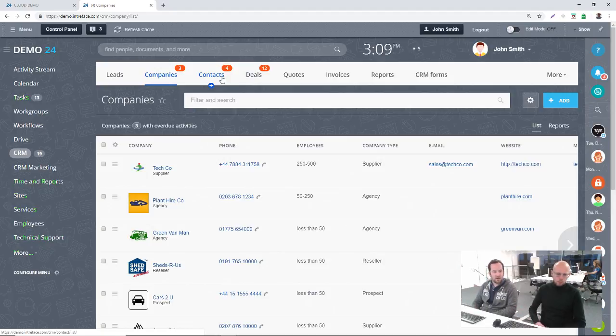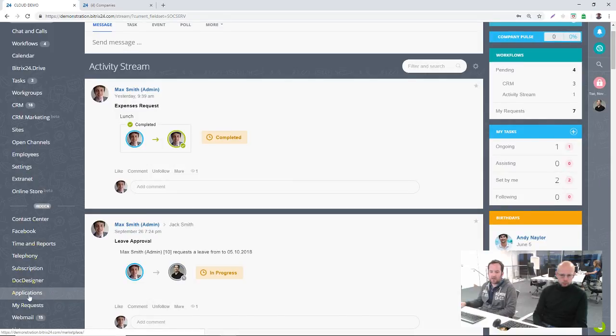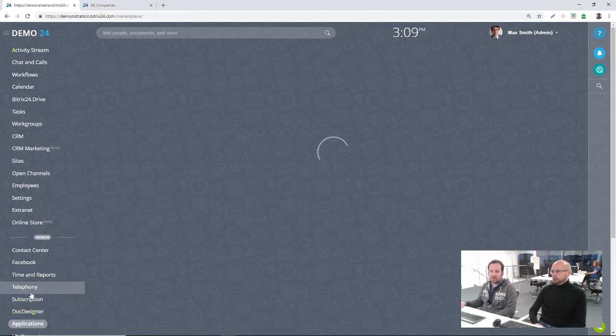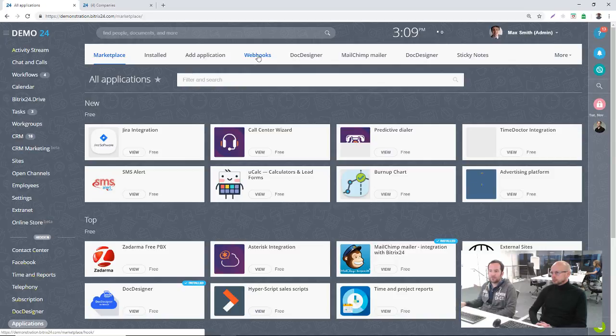So I had another question that came in with regards to webhooks and how you can import or add elements in the CRM, for example, from an external source. It's quite a common question, and whether you're on the cloud or the self-hosted, this will be possible. So the first thing that you need to do is go to your applications menu on the left hand side. Once this loads up, the first thing you need to do is click on the webhooks,